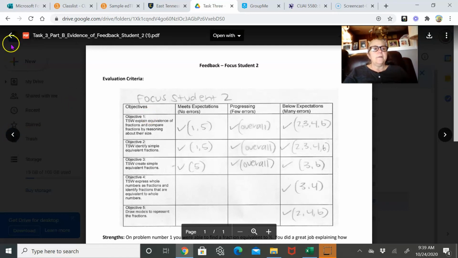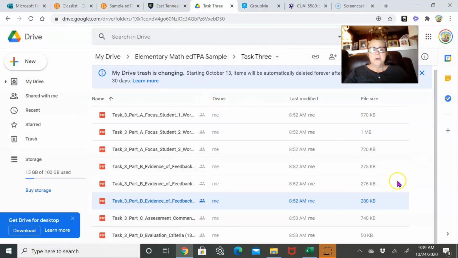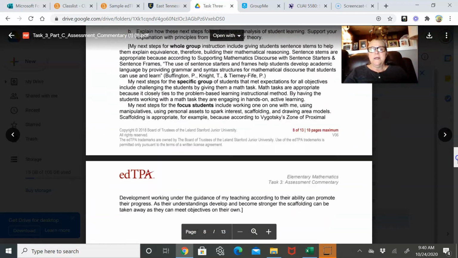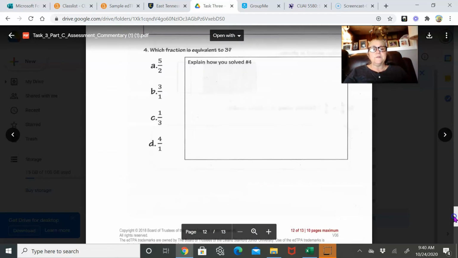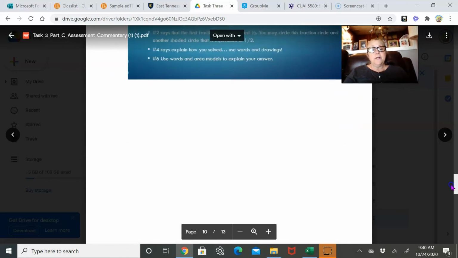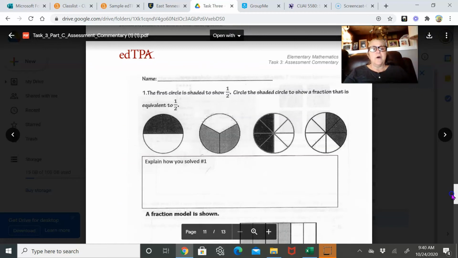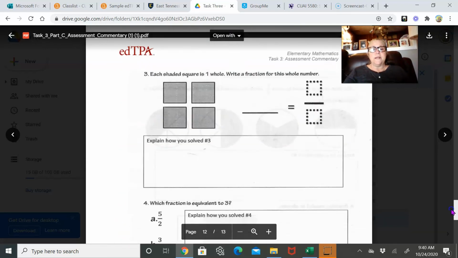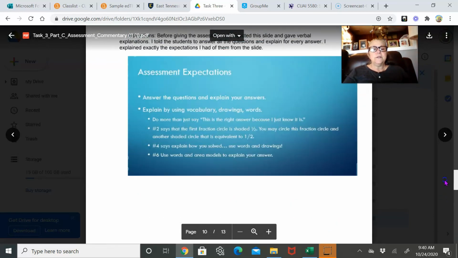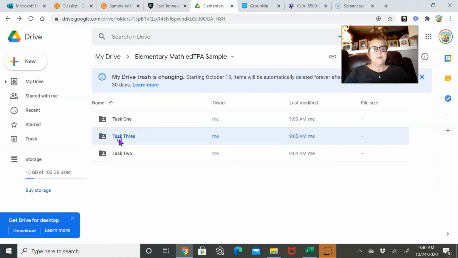And also, I meant to show you, you know how I showed you the assessment that she put at the end of the commentary, right? So here's the commentary. Oh, there's the assessment expectations. I'm sorry, I actually didn't show you the whole thing. So here's the assessment here at the end. This is what they're doing. And these expectations are on the slide, but basically that's really what we're calling